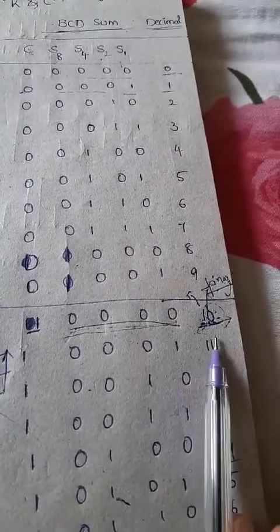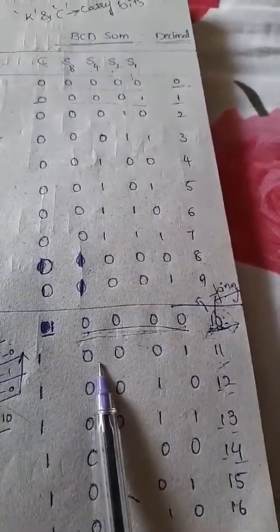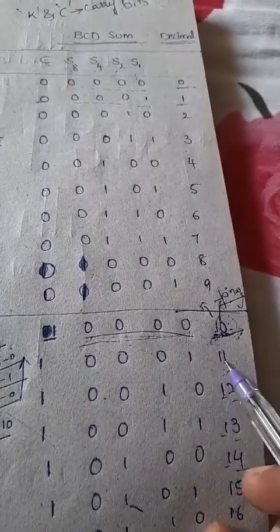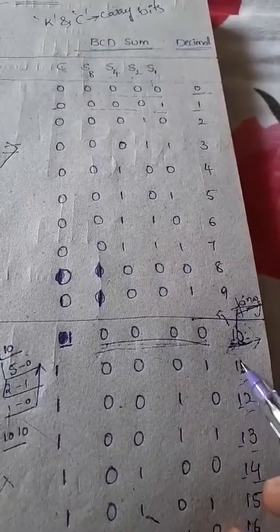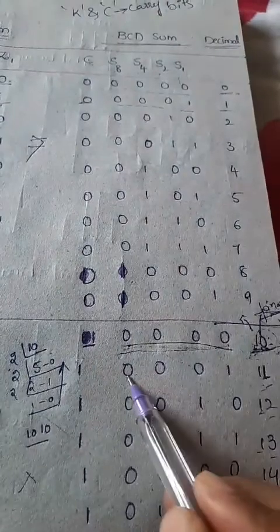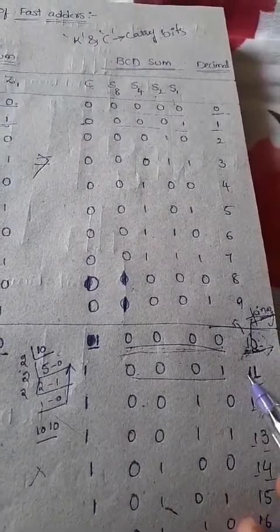Similarly, when we take the second number, that is 11, how will this 11 be stored in the BCD sum? The rightmost digit will be converted into binary. What is the number in the rightmost place? 1, no? This 1 will be converted into binary form. The binary number for 1 is 0001, so as it is, you take 0001. And the other digit we can store as it is in the carry place.